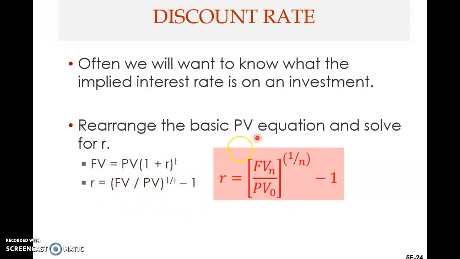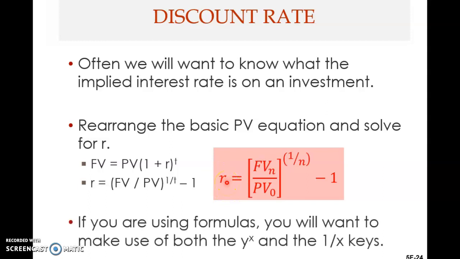So you can write it this way. r is equal to future value at the end of period n divided by present value now at time 0, all this raised to the power of 1 over n, or the reciprocal of n, minus 1. So you get this discount rate or the interest rate. Alright, if you are using the formula and a normal scientific calculator, you need to know how to use these keys, y to the power of x, because this